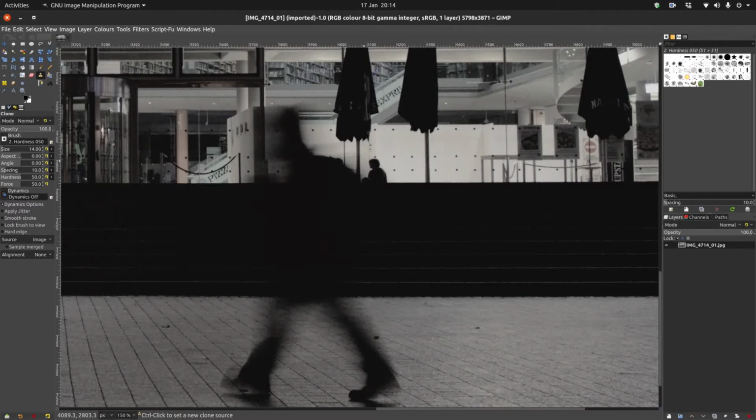And I think the eye draws to her a little bit too much, so we need to remove her from the image. Now if you've used Photoshop, you'll be aware of the Content Aware Fill tool, and this works in exactly the same way. It takes an algorithm and applies your content fill, adds pixels just to remove whatever might be in the image that you don't want in there anymore. So you need a select tool, so we're just going to use the free select tool, and we're going to draw a shape